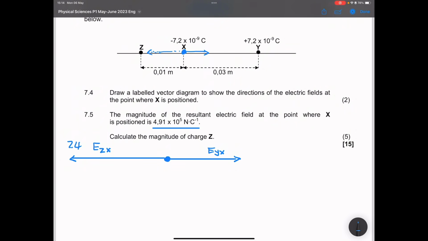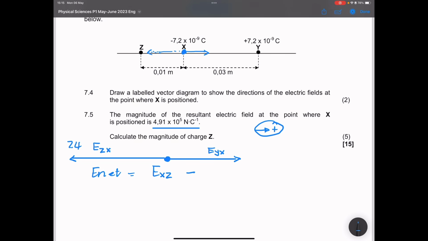Now, ladies and gents, what I'm going to do, please follow me in this. I am going to say, well, the net field between the two, I'm not sure which one is bigger than which, but I'm going to take the direction to the right as positive, right? So the net field, now they said the magnitude of the resultant field at the point where X is positioned is 4.91, and they didn't say in which direction, right? So I know the net field, not F net, but E net, will be equal to